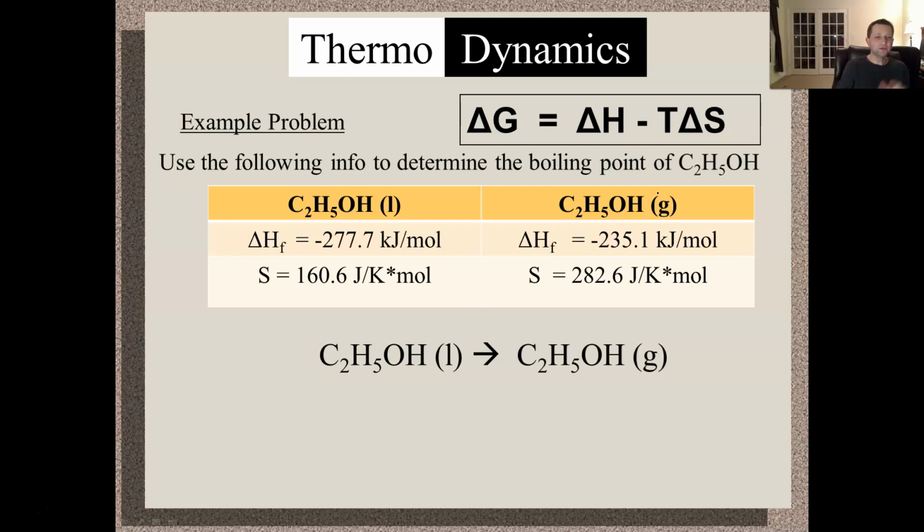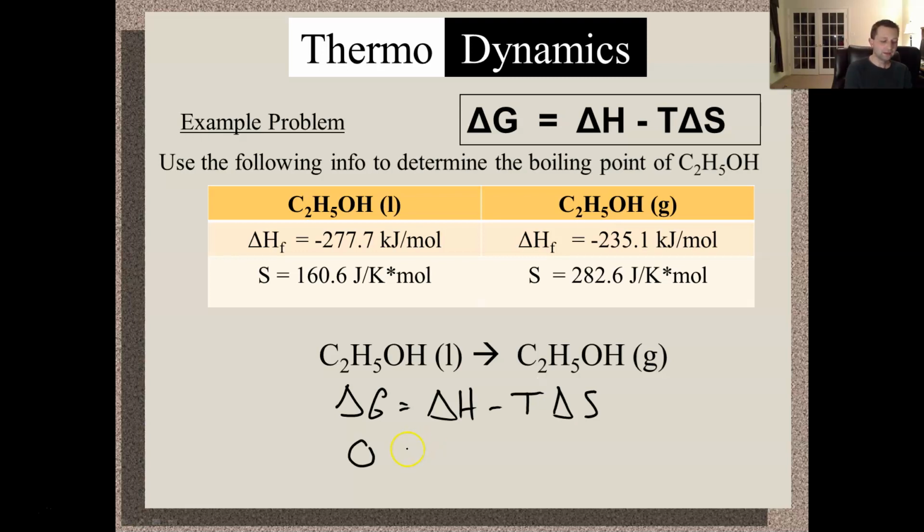And I need to use my Gibbs free energy equation because it has the temperature value in there. That's going to help me determine what the boiling point is. I'm going to solve for that, so I'm going to rewrite it down here. Delta G equals delta H minus T delta S. I want to set my delta G equal to 0 because I'm going from liquid to gas. This is a phase change. This is boiling. And on the previous slide, if you have a phase change, you're at equilibrium, delta G is